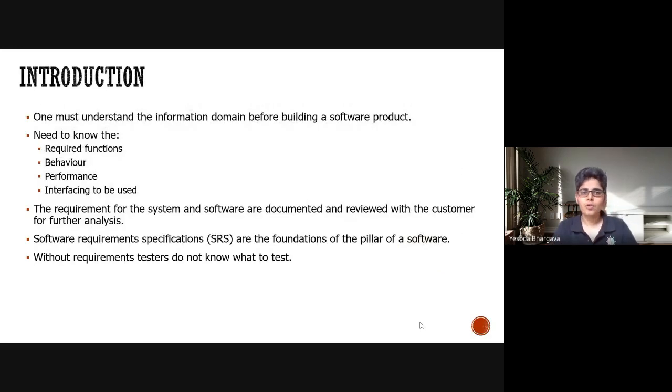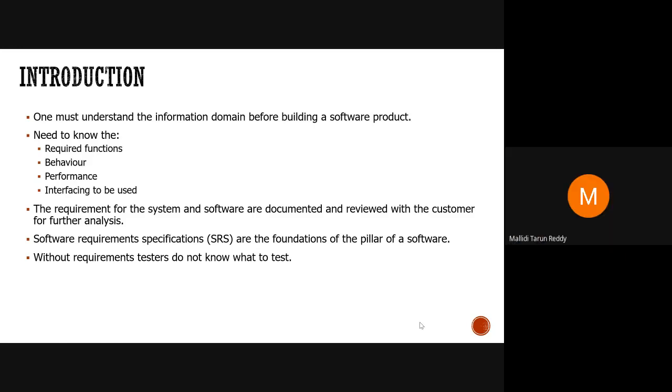So moving forward, again, before I start formally on the lecture, I want to understand from you what your current understanding of software requirement specification is. I know we have been using this term for quite some time in this module, and you're already working on your SRS. So what do you think is the importance of SRS in the journey towards software development? What, according to you, is the purpose that it serves?